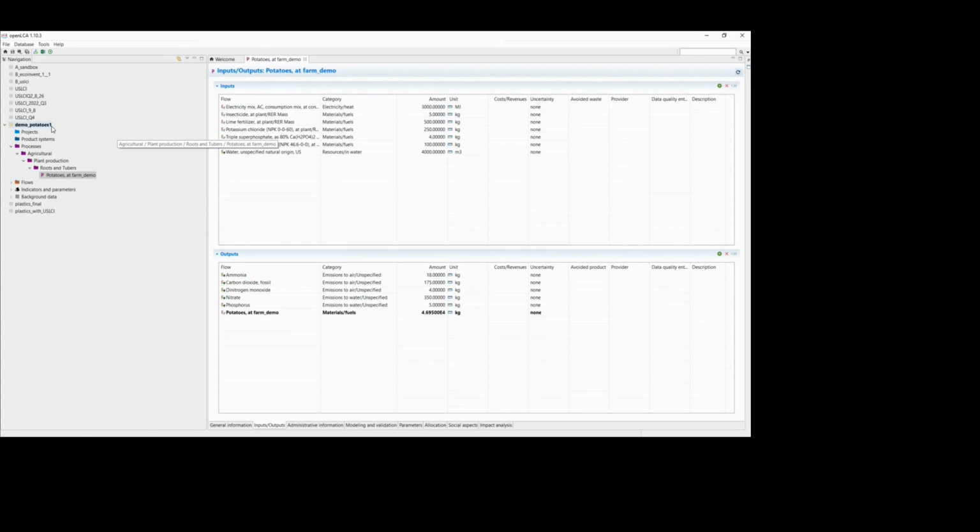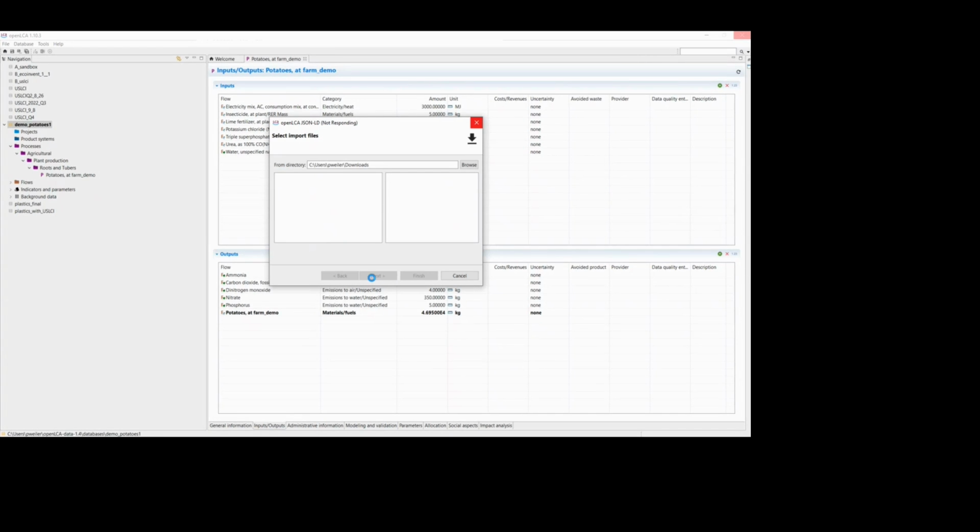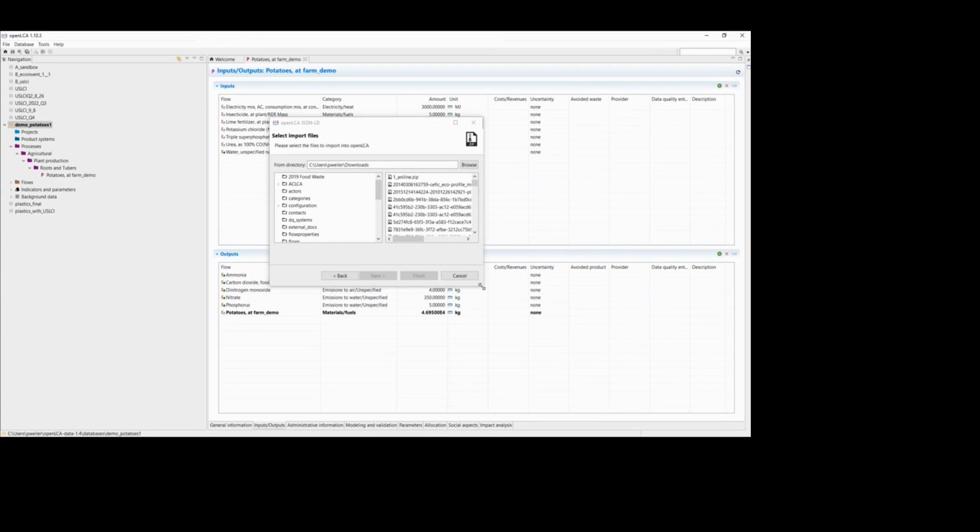So we'll go back to openLCA and we'll import the core database now. Go to import, and all of the files that we just downloaded from the Commons are JSON-LD format. So we'll choose that, click on next. Sometimes it's a little slow.